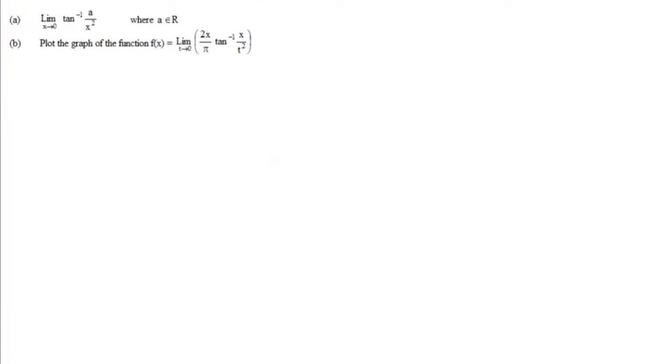Now here the question is, we need to find this limit x tends to 0 of tan inverse a upon x square. Now if we put x tends to 0, it will be this a into infinite, and a into infinite can be positive and it can also be negative. So we have three cases. Case 1,